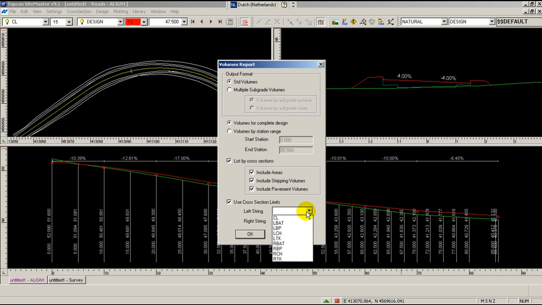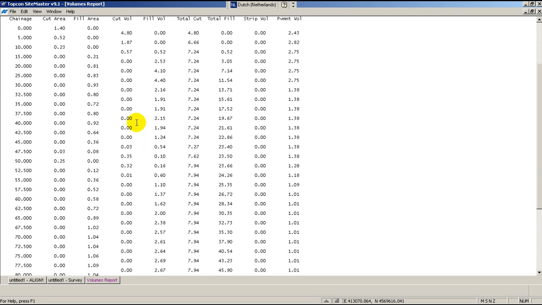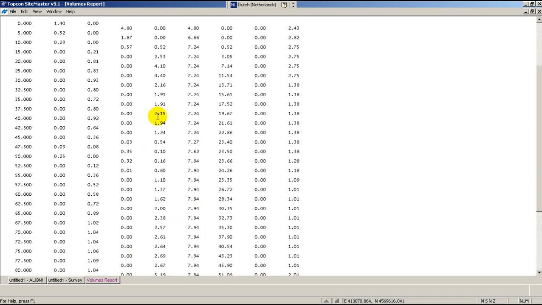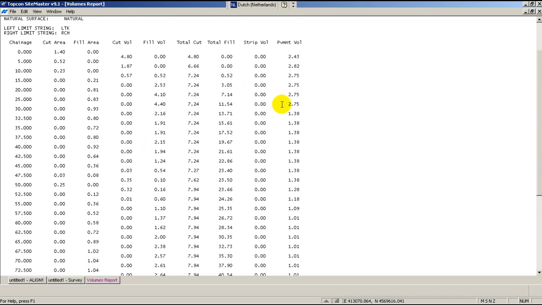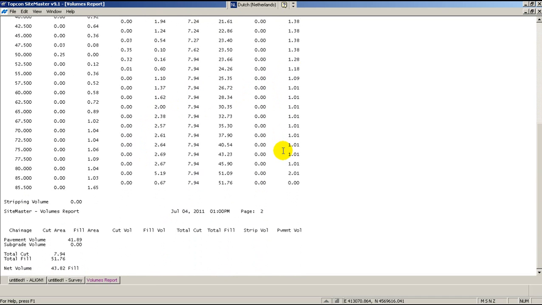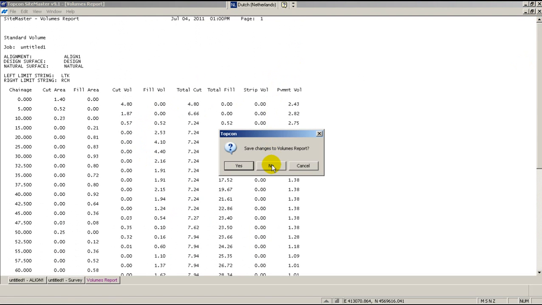So I could say okay, only give me the left top of curb to, for example, the right channel. That changes obviously the volume report I'm going to get. I just say OK, and that now gives me at each chainage the amount of cut and fill. And you'll notice in here we've got the pavement volume based on the boxing report. So I just close out of that,